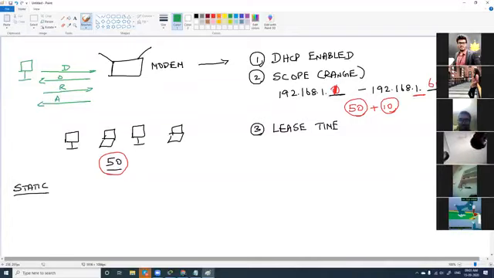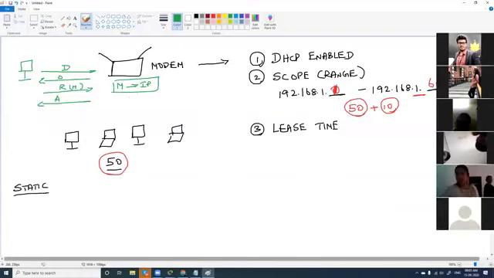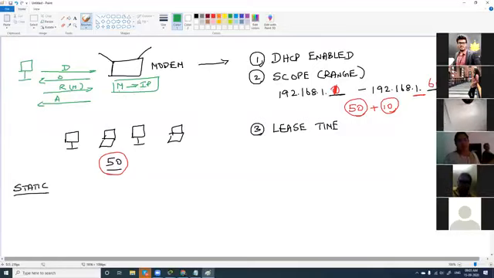Yes. So when it is requesting, it will give its MAC address. I told you this modem here will take its MAC address, link an IP address to it, and assign this IP address back to the computer. Now, how long will this MAC address be linked with this IP address? What is the time frame for a MAC address to be linked with an IP address? That is lease time. Right? Just like how you lease your home, the time frame for which this particular MAC address is linked with this IP address is called lease time.